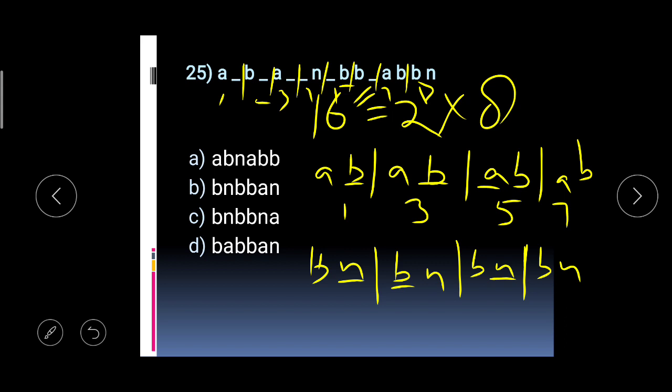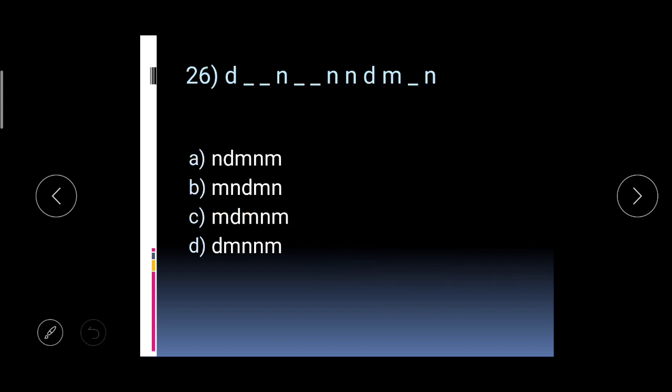The first blank is in the first group, so I have to fill B there, so I know that A cannot be the answer. Okay, in the second also I have one blank, so next has to be N, so D cannot be the answer. Okay, in third also there is a blank, okay, so it's matching. Okay, fourth, again we have B, right, that is correct. In fifth again I have A, so that means it has to be A, so it cannot be the answer, this is. So our answer is BN, BB, AN. Okay, so let's move to the next.